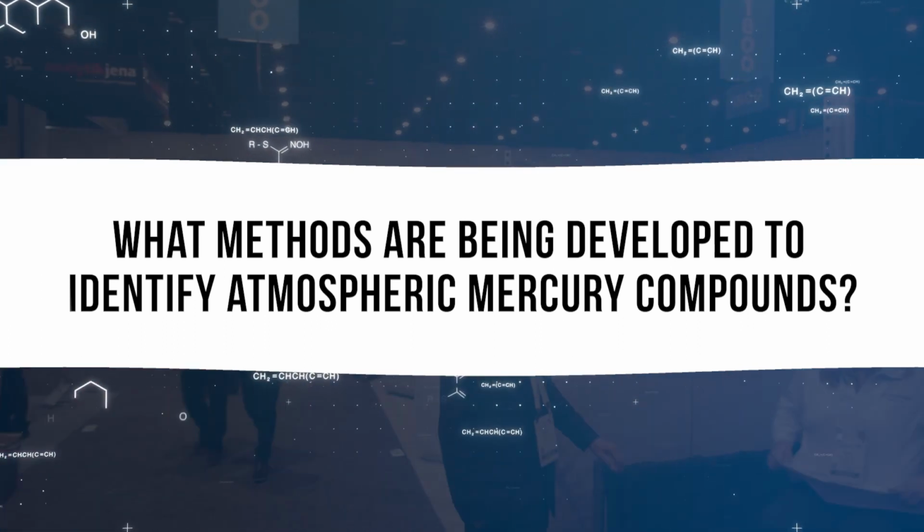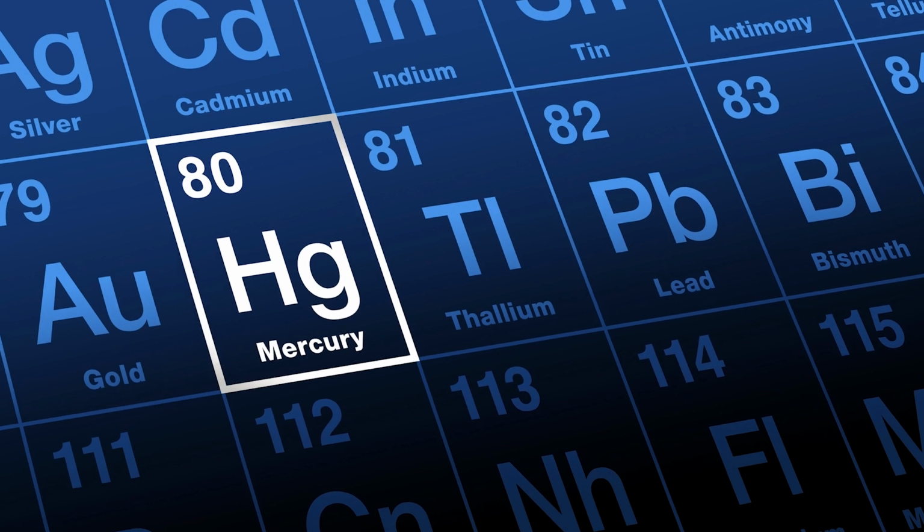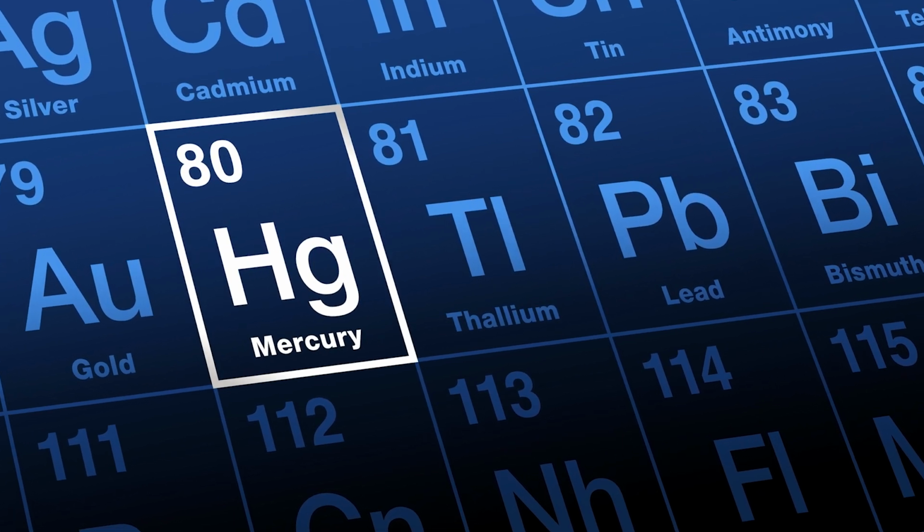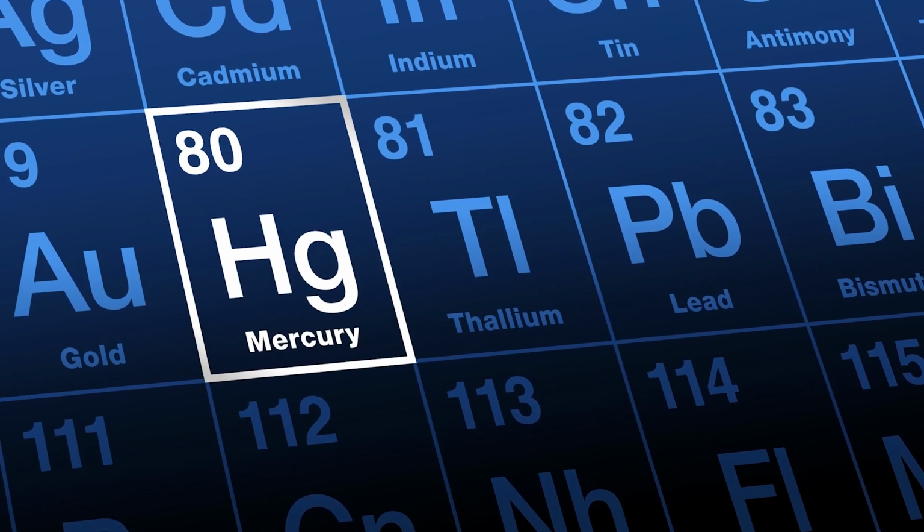There's several really good commercial analyzers for elemental mercury in the atmosphere that can measure those low parts per quadrillion levels well. Elemental mercury is fairly inert and more volatile than oxidized mercury. Our effort has been to develop alternative methods, and we've worked with a lot of partners to do that.